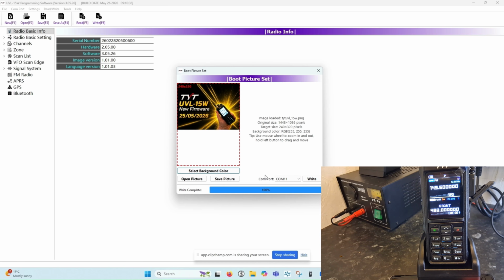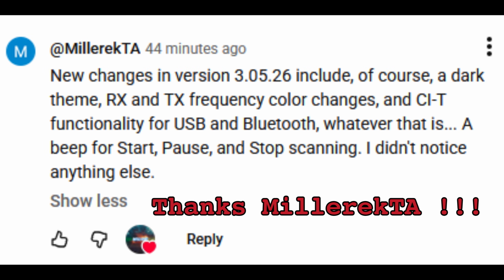I'm going to just show you a few screenshots of the two different screens from the older software and some of the differences I'm noticing so far. It's still early days. I've just downloaded it today and updated the radio, and then I'm going to have a look at the radio and go through the menu. Before I go on and look at the firmware and the radio, some of the menus, I want to send out a big thanks to Millerek TA, hopefully I've said that correctly,